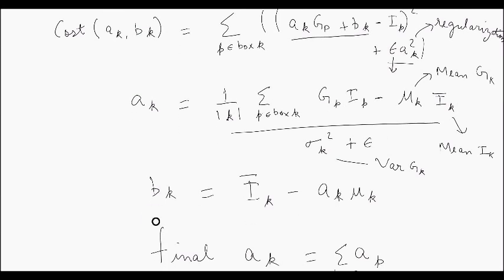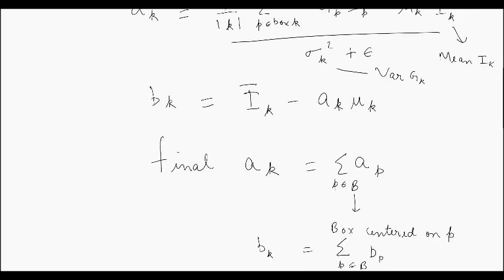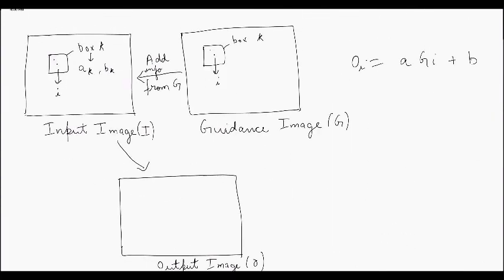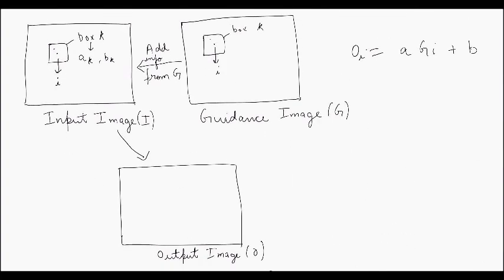The constant B is simpler, which is essentially the mean of the input image for the box K minus the constant A times the mean of the guidance image for box K. Now one thing to note is that I had assumed that for all pixels inside this box, the constants A and B are the same, but a